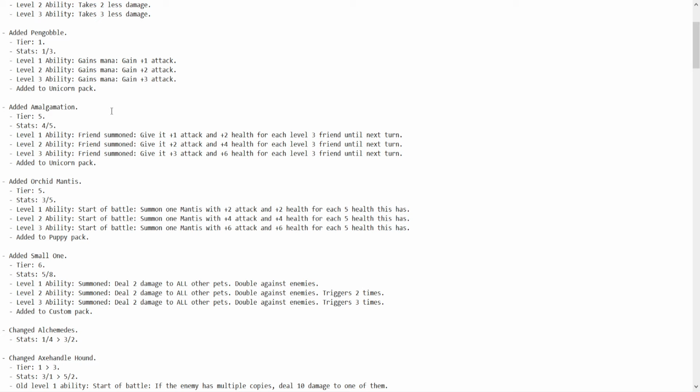Another pet that has been added to the unicorn pack is the amalgamation. It is a tier 5 5-5 with the ability of giving summon pets +1/+2 for every level 3 pet. I would assume that it is level 3 pets that you have on your team and not sold, like the Jersey Devil, until the end of next turn. So it's basically like a worse turkey, and turkey is pretty good, so having a worse turkey is not horrible,